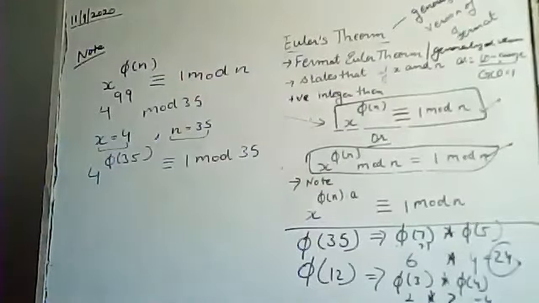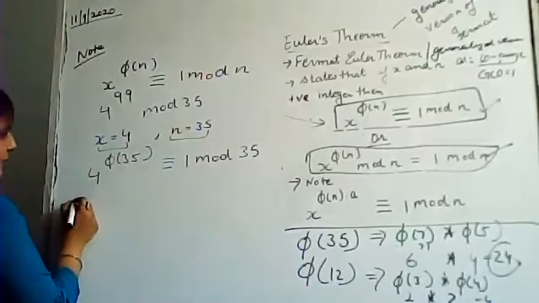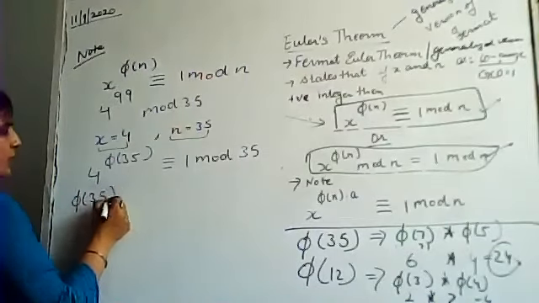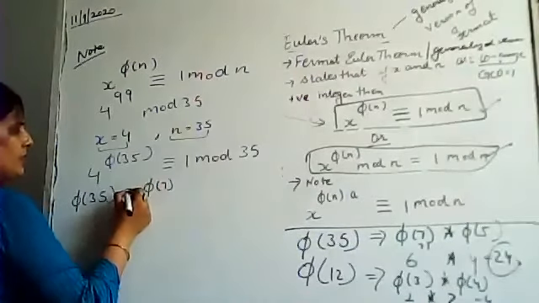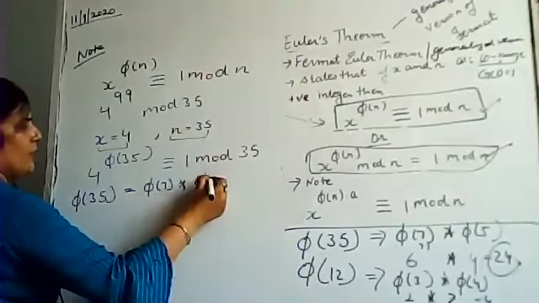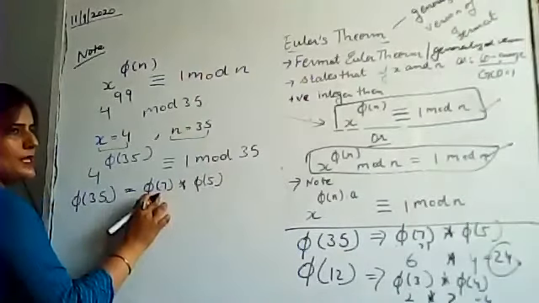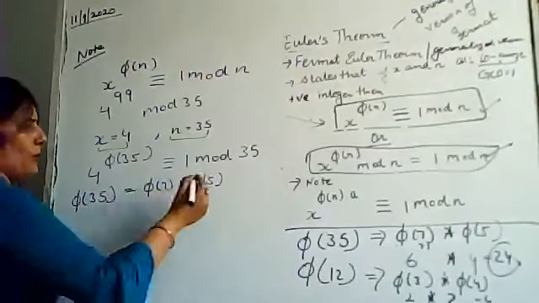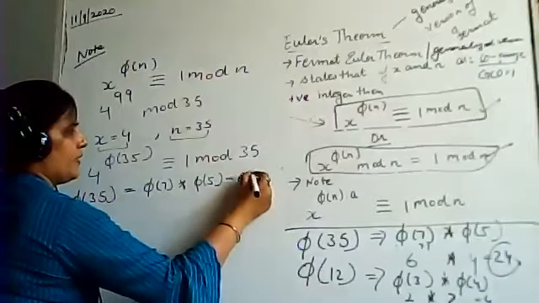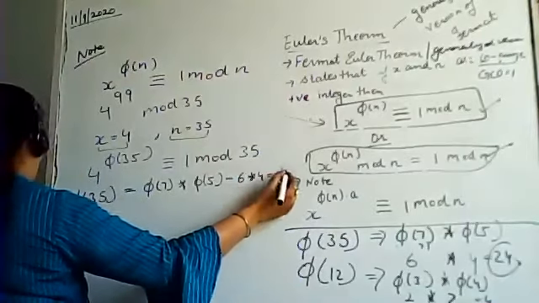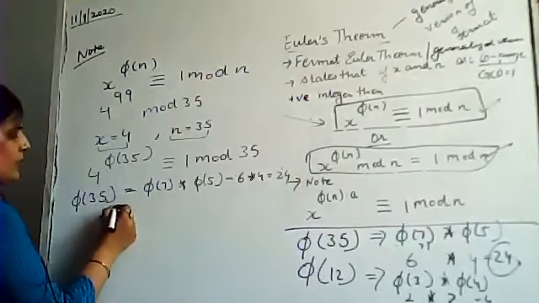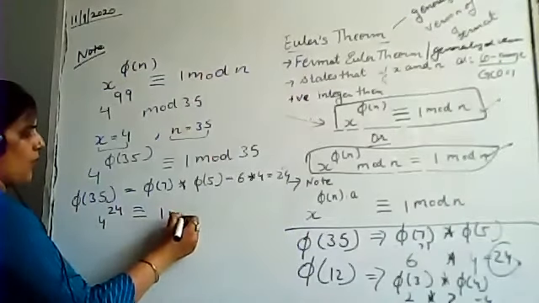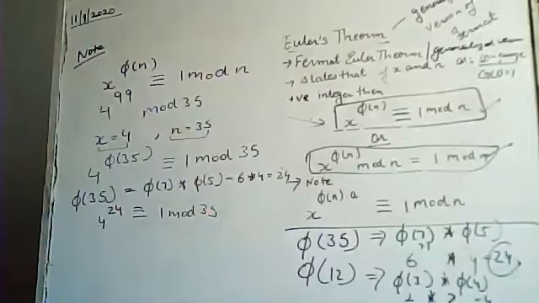Clear? Now how will we solve this? We first solve phi(35). What I told you earlier is that if there is a number, we can take multiples of it. So we have 5 and 7. 7 5s are 35. Both numbers are prime numbers, so we will directly subtract 1 from each. So what answer will we be getting? 6 into 4, that will be 24. Okay, so my equation says that 4 raised to power 24 is congruent to 1 mod 35.